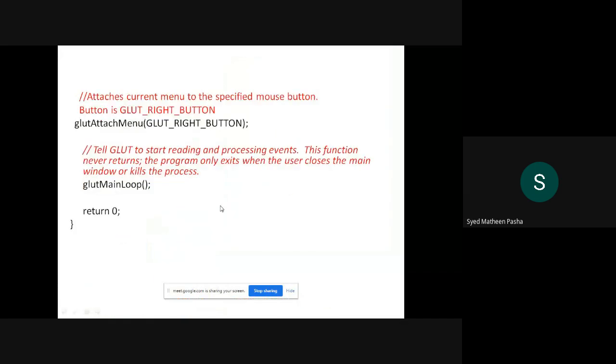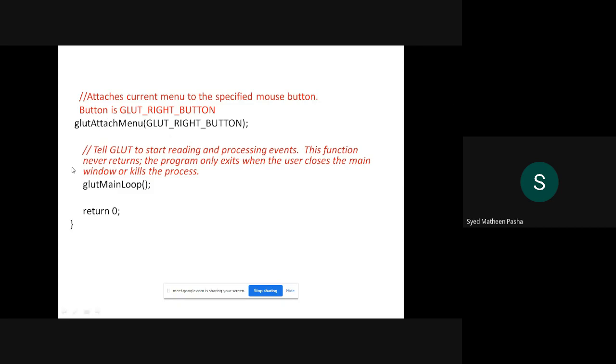If you want to click on the particular menus, I should attach a mouse button option with respect to that. For attaching that particular option, I'll be using glut right button of a particular mouse, which basically tells you are creating a mouse button option. That is, you are specifying the program to create a mouse button with the help of which the menu can be listed there.